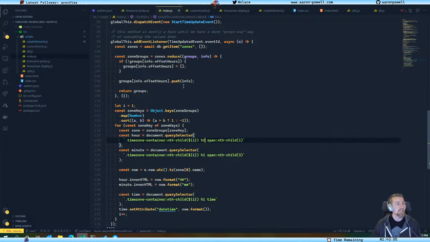Ignite is next week. Anyway, okay, so we want to give the browser the ability to do the things that